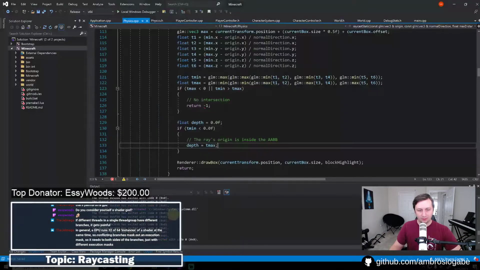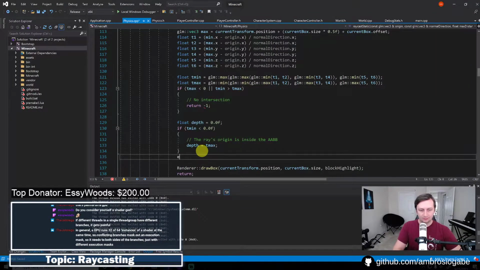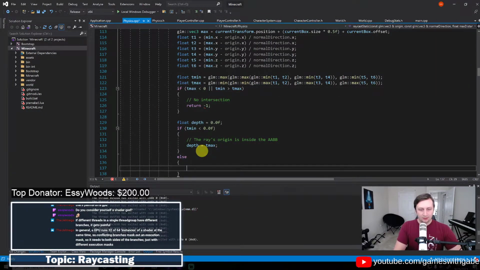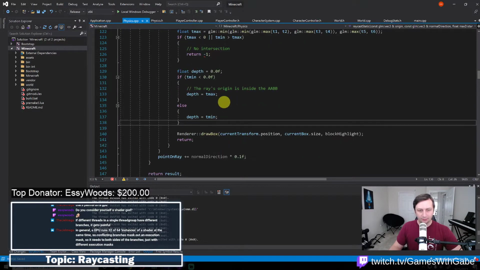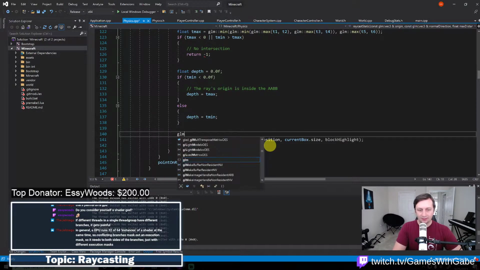Right? Okay, yeah. And then otherwise depth equals tmin. And I'll probably change this up in the future to a ternary or something, but I'm leaving it this way because I want to have that comment there just so I can remember that. Okay, so then we get the depth, and then we can get the collision point just by saying, or actually